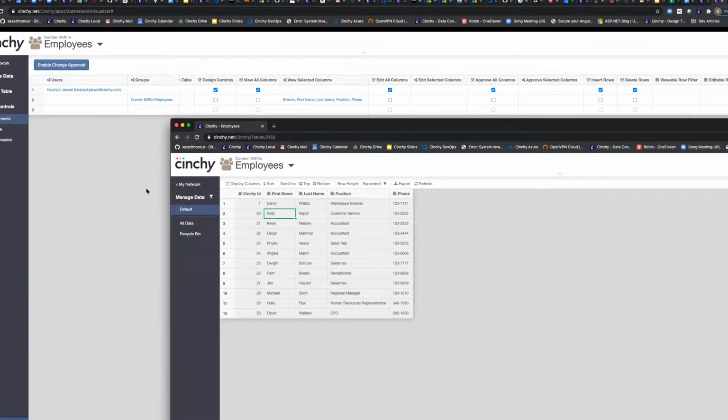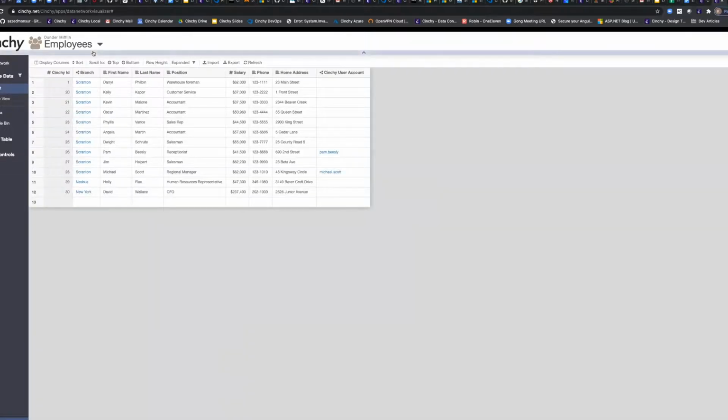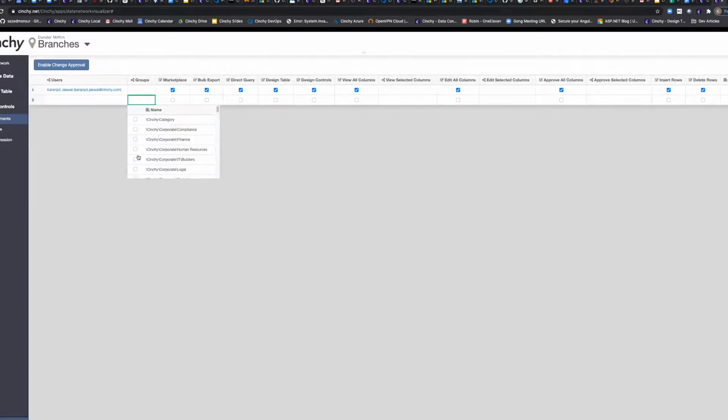So why is that? The reason is that inside of Cinchy, remember, you're provisioning access to data at the actual level of the data, the table itself. I've granted access to the employees table as the owner of this particular data set, but the branch is a link. This value, Scranton, is actually coming from a different table called branches, and on this table I've not yet provisioned access. Because Michael doesn't have access to the contents of this table, although he technically has access to the link, he's not able to see these details. That's why he's not seeing the branch coming back.